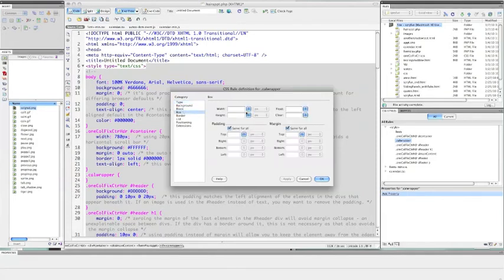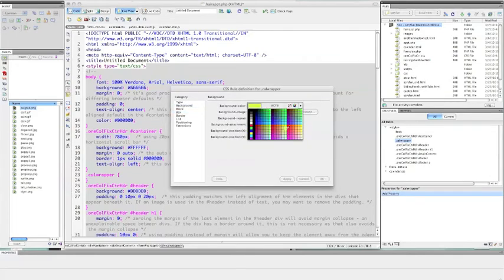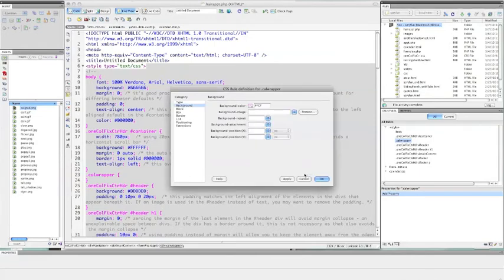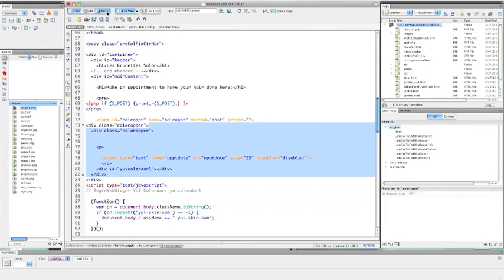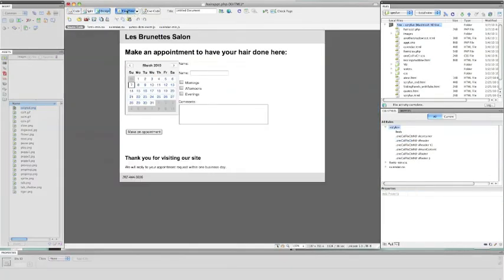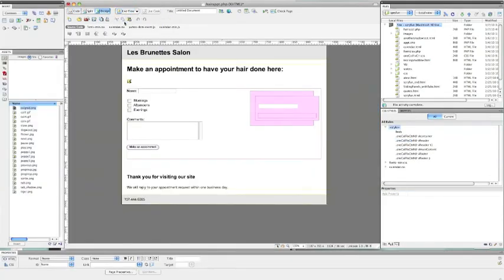So let's basically create a box, and let's say it's 220 pixels wide, and then it floats to the right, and let's give it margin and padding of 10 all the way around, and maybe a background color just to tie it a little bit visually together. And when I hit OK, and then look in design mode,